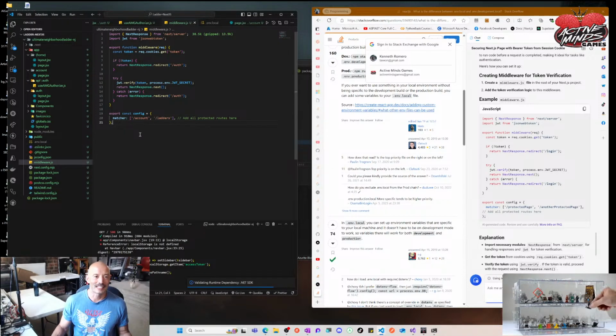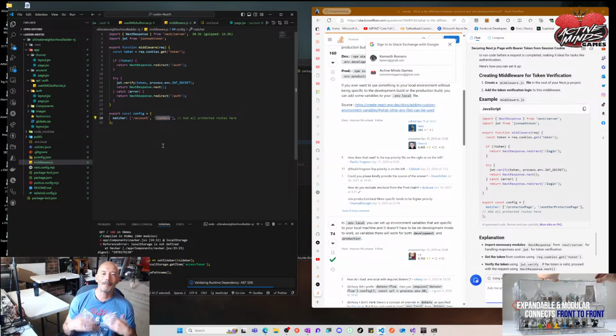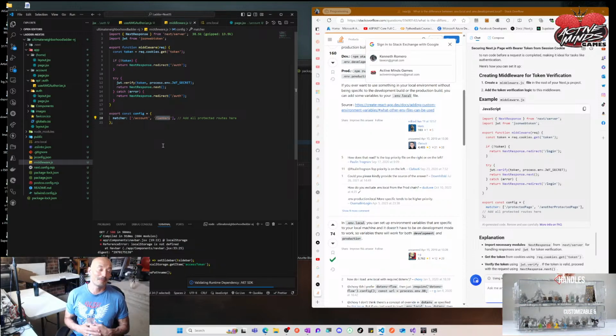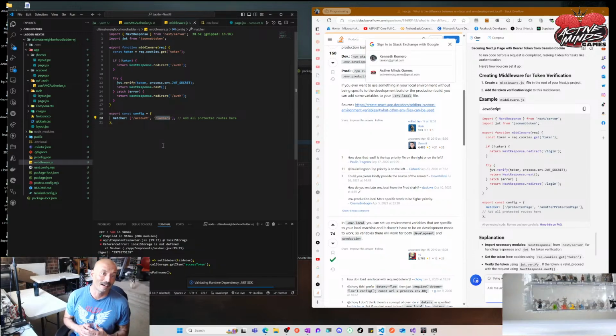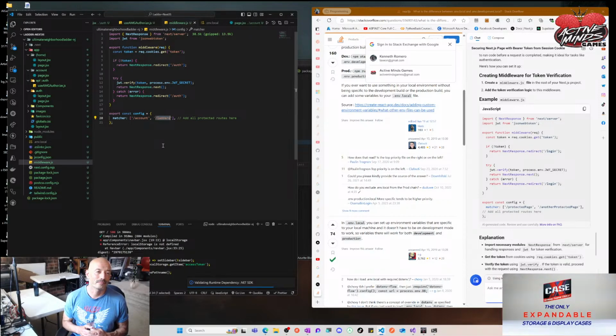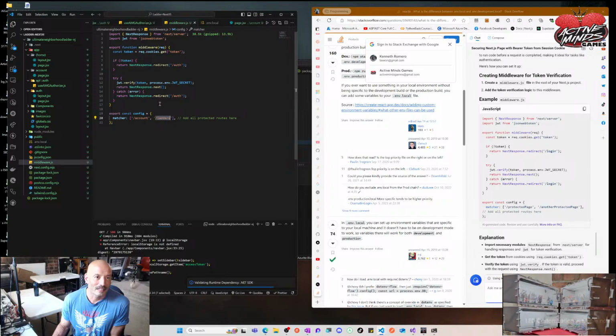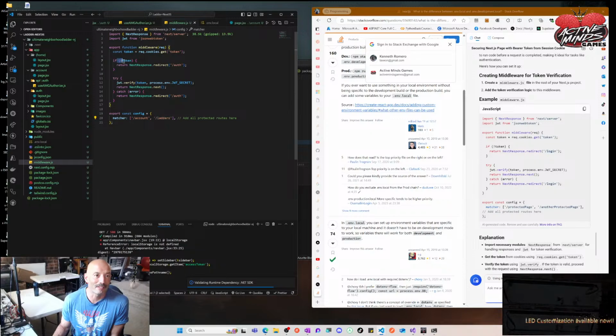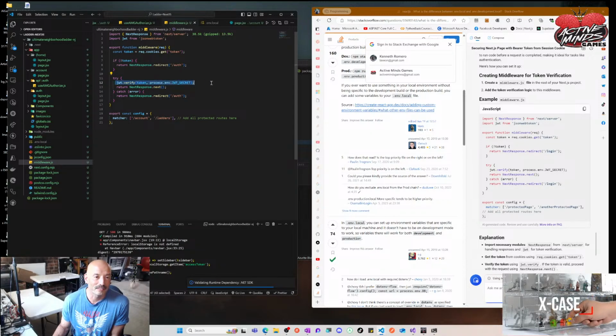Anyway, I've got to see if I can finish getting this working. I'm debating in my head if I want to lock down my ladders page. I want people to be able to view ladders, so I don't necessarily want to lock it down, but I do want to be able to verify that they are logged in. Problem is, I've noticed that this middleware verification is going to redirect to the auth page if we don't have a token, that's one thing, but then we have to verify the token, and if it doesn't verify, then it's going to send them back to the